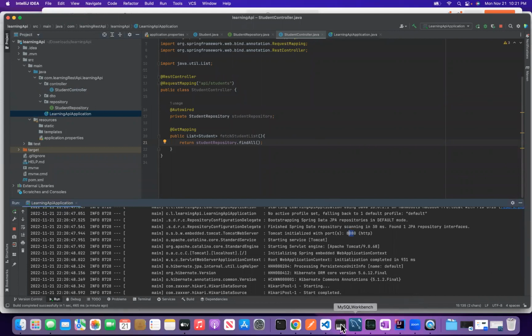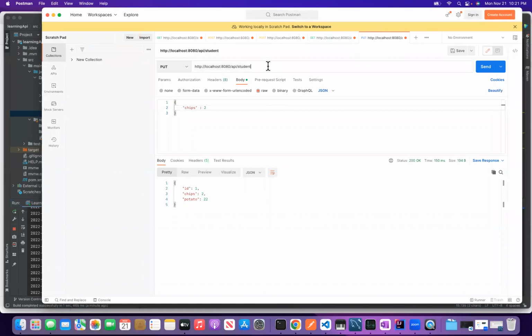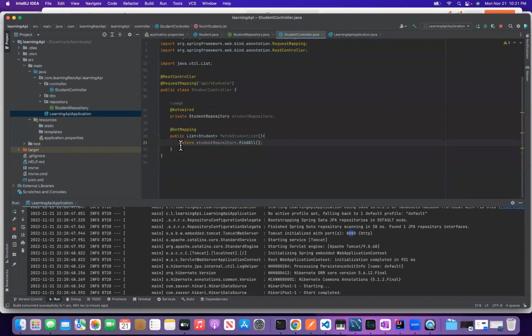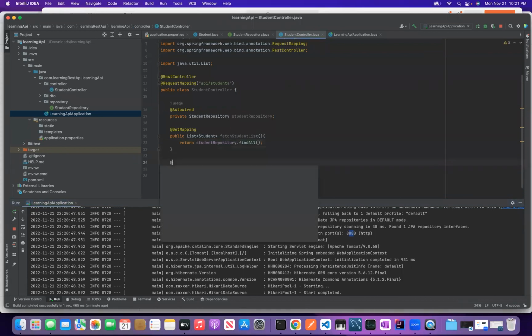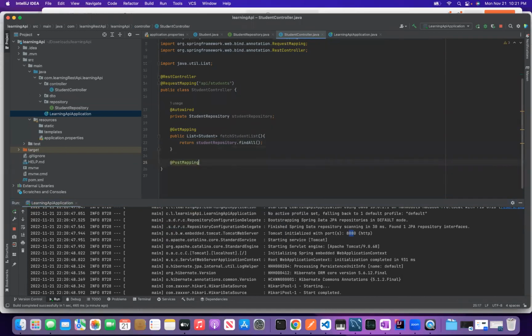Students, and let's do get. You can see right now get is empty. We didn't post anything yet. So let's create our post mapping. Post mapping